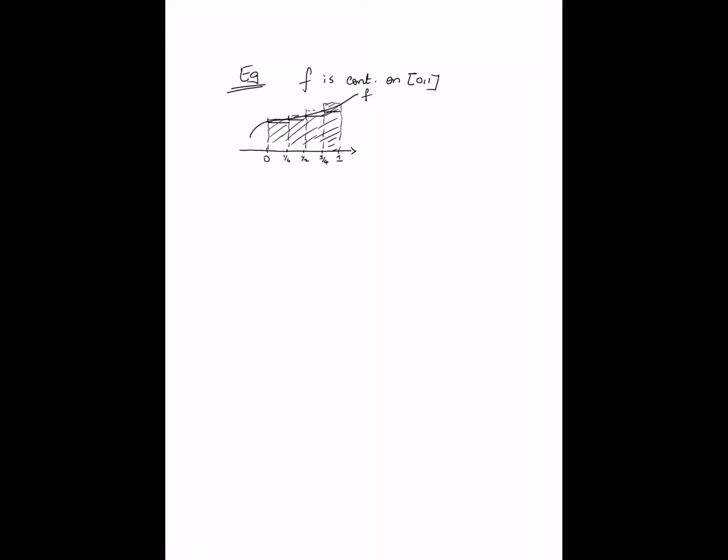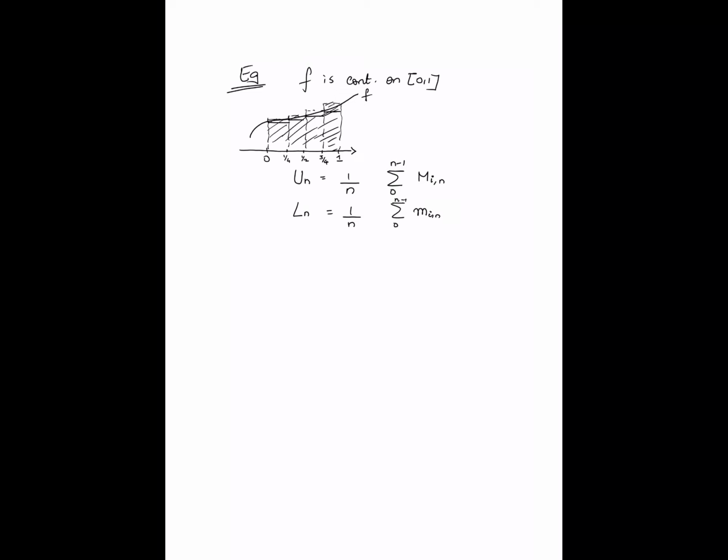Now we will do all this in great detail in the future. At this point, all I want to do is illustrate how uniform continuity plays a role. So here is how I would define the upper approximation to the area under f. Let's define Un as 1/n times the summation from i = 0 to n minus 1 of Mi,n. I'll define these things in a bit. Similarly, Ln is equal to 1/n times the summation from 0 to n minus 1 of mi,n,